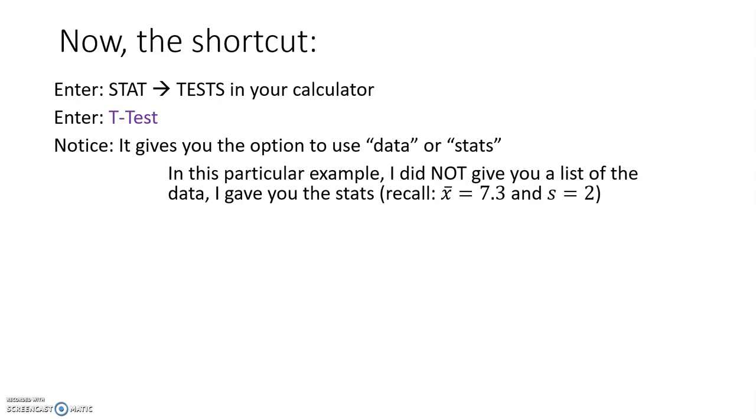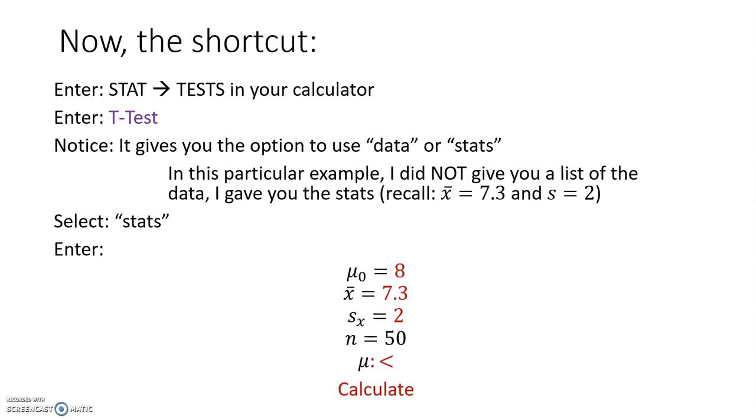Press enter. Okay, you should see a spot to change out mu naught or the mean. So that was 8. X bar was 7.3. S sub x was 2, so they can calculate that standard error for you. Change n to 50, less than, calculate. Same thing,